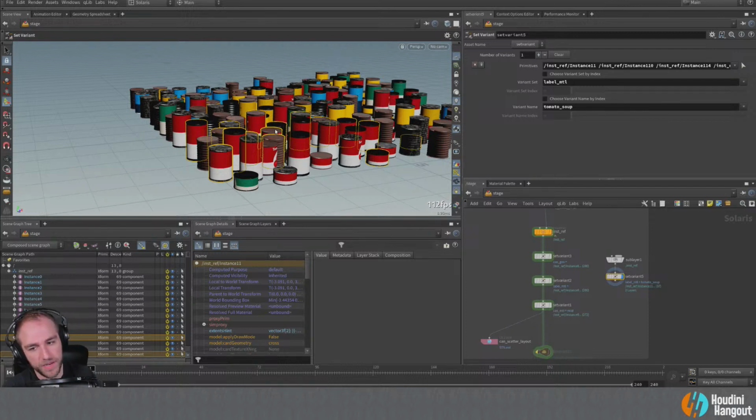I'm going to keep going over the next few streams here and talk a little bit more about USD in different ways, and different ways of working with it and using it, what's going on, maybe even a little bit under the hood too, to see how that's working. Maybe we'll crack open a couple of the files and